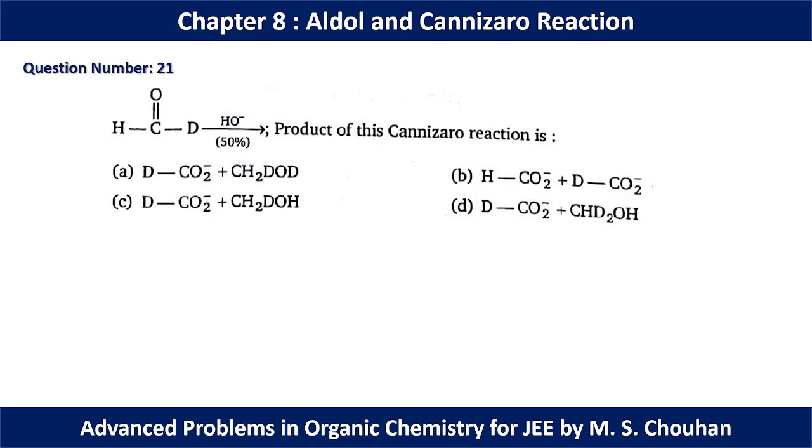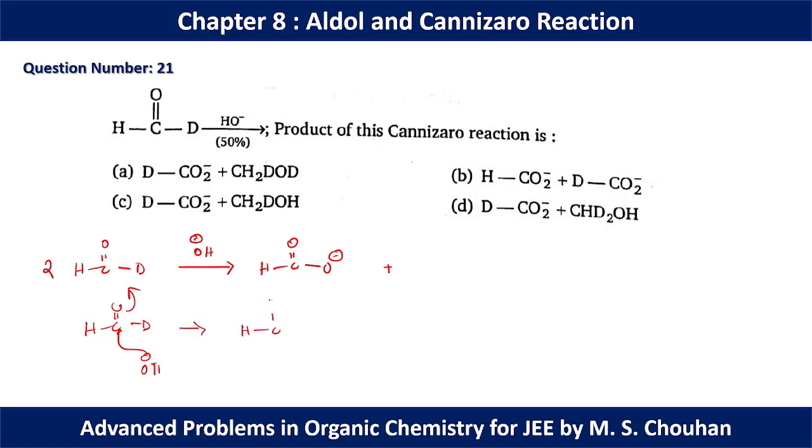Cannizzaro reaction. So in Cannizzaro reaction, as we know, it is a disproportionation reaction where two aldehydes where there is no alpha hydrogen present react. One of the aldehydes will be converted to the salt of the carboxylic acid and another part will be converted to the alcohol. Now if we go through the reaction, then in step 1 OH minus will approach this C double bond O and there is a pi bond dissociation.